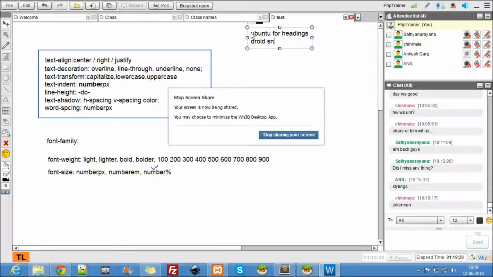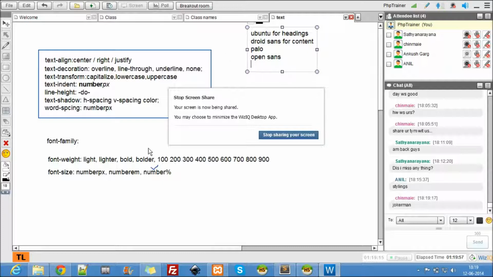Droid Sans for content. I'll be sharing one file. I have this, that's really cool. It says what contrasting fonts you have to use. You should not use more than 2 font variations. Remember this. Only 2 font variations. Droid Sans, and what else do we have here? And I use Open Sans. This is also good. These are really good.